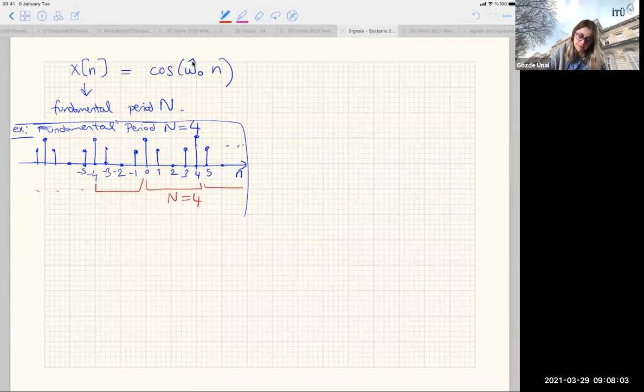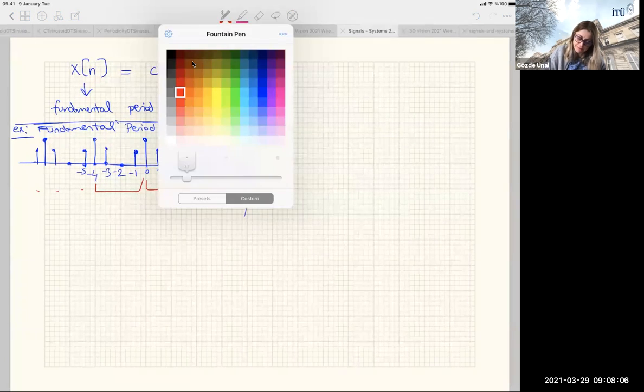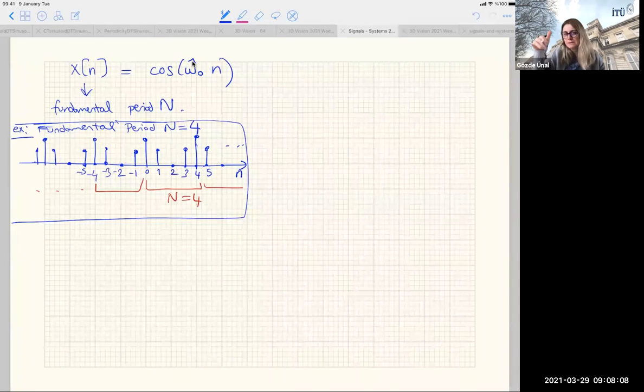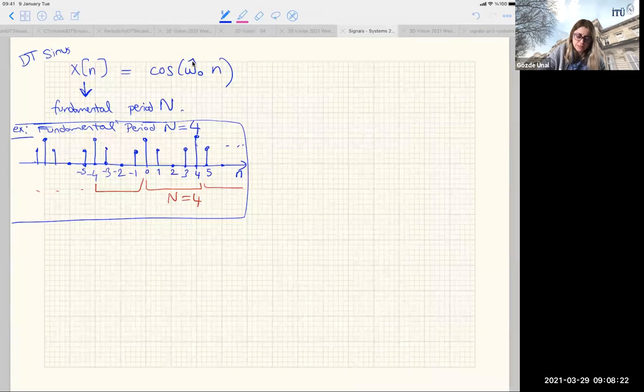Perfect. I think now it's clear. What is the fundamental period in discrete time? It's the same: now it's just the number of samples after which the signal repeats itself, the cycles of the signal. So let's say this is still a discrete time sinusoid, a certain signal class. So now let's say